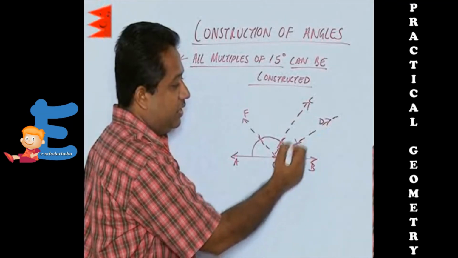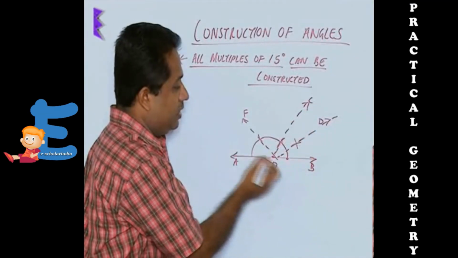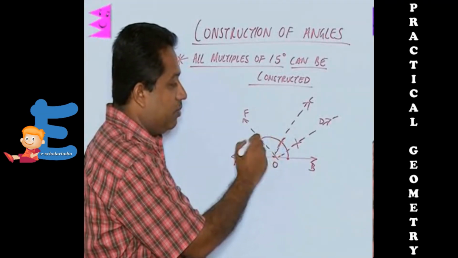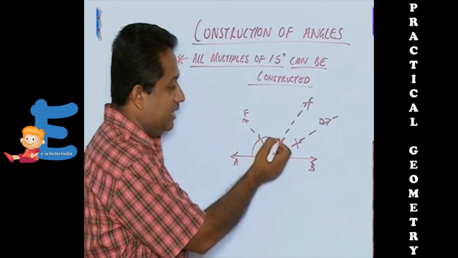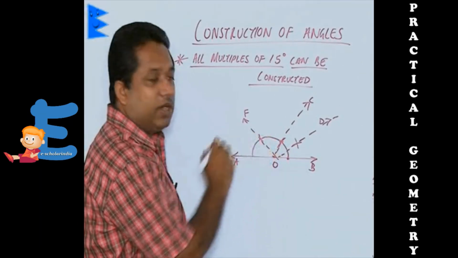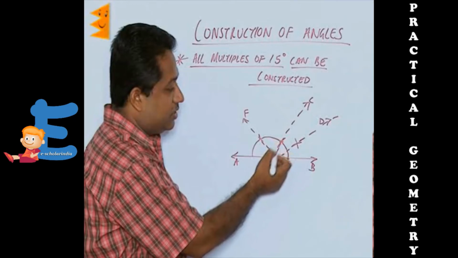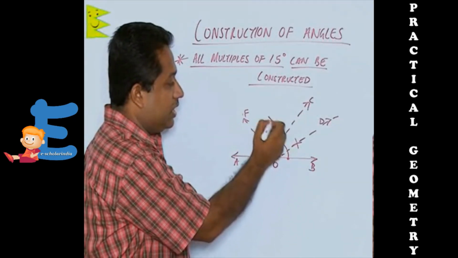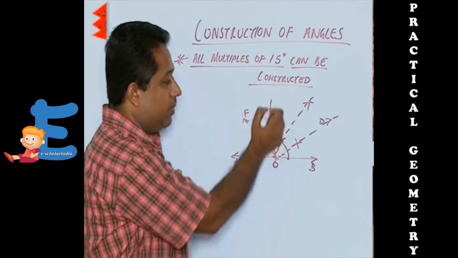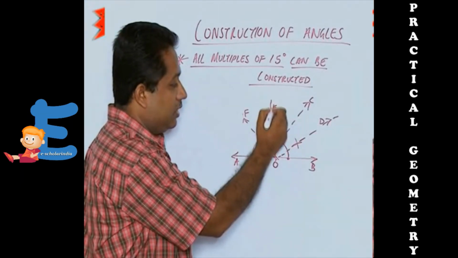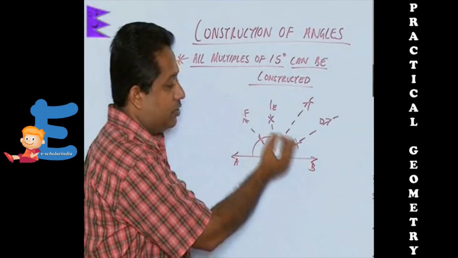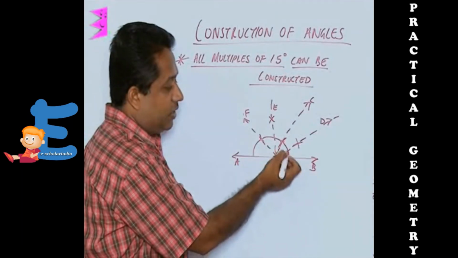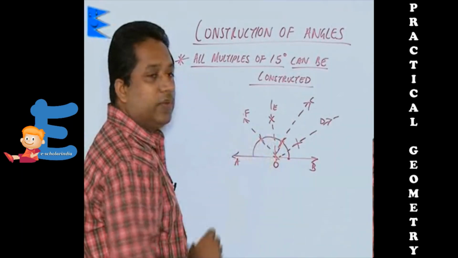So this angle is 15, this angle is 30, that is angle COB, and angle FOB is 120. 90 can be also obtained by this method of bisecting 60 and 120 degrees. So this point is a 60 degree line and this point is a 120 degree line. So from here and here, if I cut arcs and join it to O, then EO will be perpendicular to AB. So EOB, in other words, will be 90 degrees. So we have in this diagram 30, we have 60, we have 90 and we have 120.